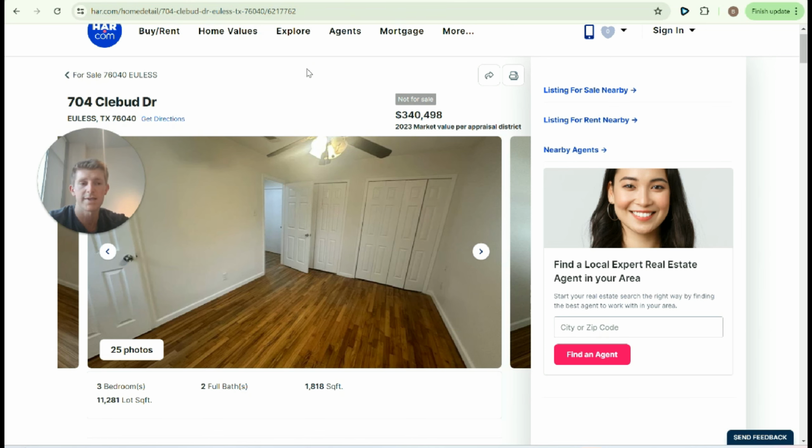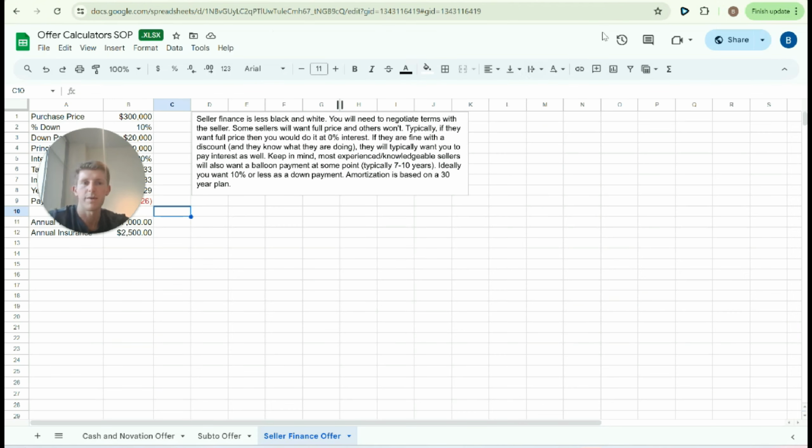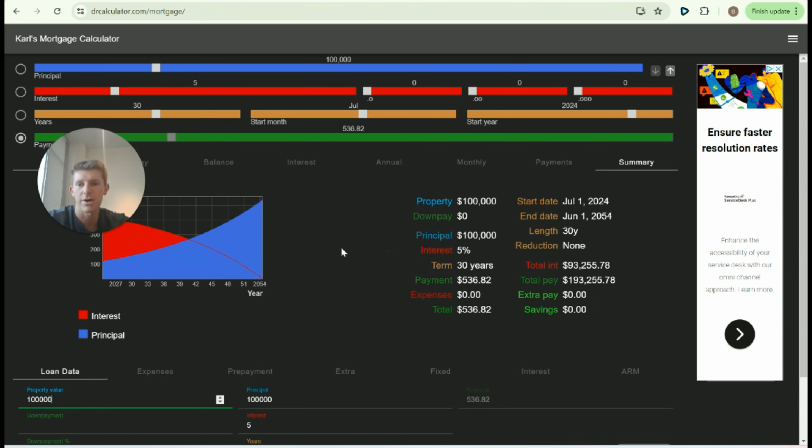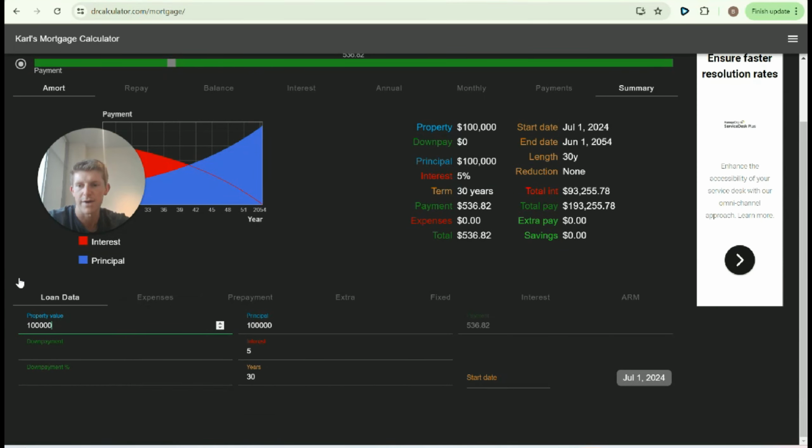If I was going to wholesale this, I probably would have offered 210 or 200. He was adamant about getting 300,000. So basically I created a whole term with him. You can do this on Carl's mortgage calculator on your phone. So it's a lot easier to navigate on your phone, but you can put the property value, your down payment,